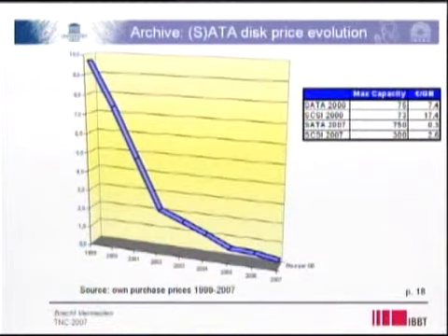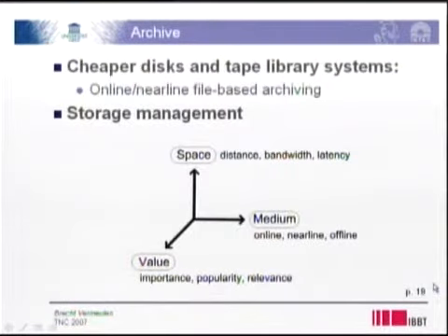So regarding archiving, here we see the disk cost per gigabyte in euros over the last years. So you see, well, a fair drop in price. So this means that online archiving, instead of putting the tapes on a shelf, is really, well, a thing which is feasible and which would be the future. Archiving, so we have cheaper disks, we have cheaper tape library systems. So the broadcasters are now evolving to also store their files online and make them available in a quick way